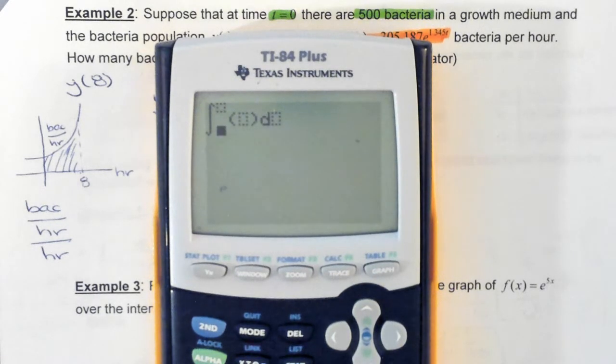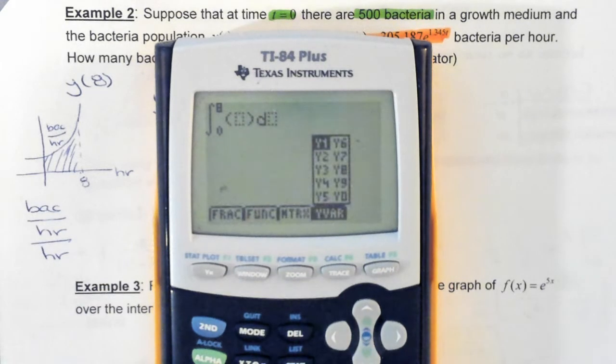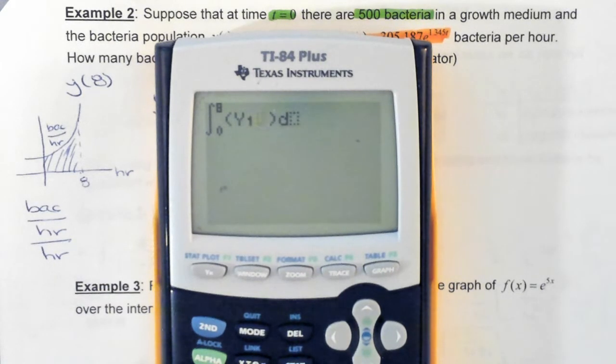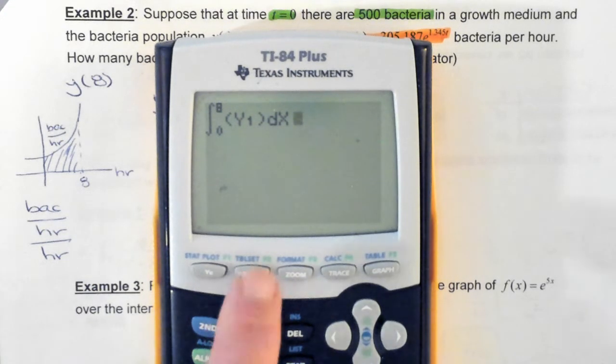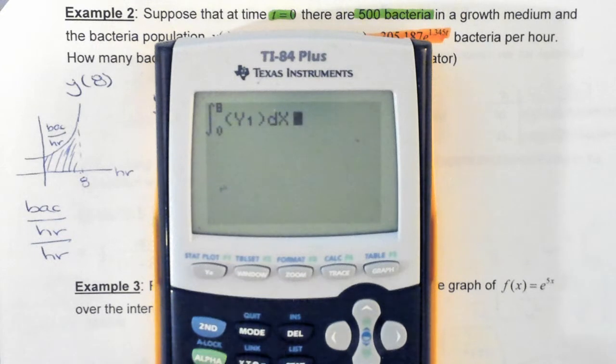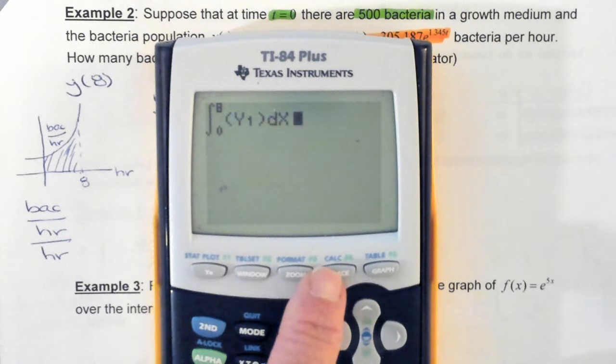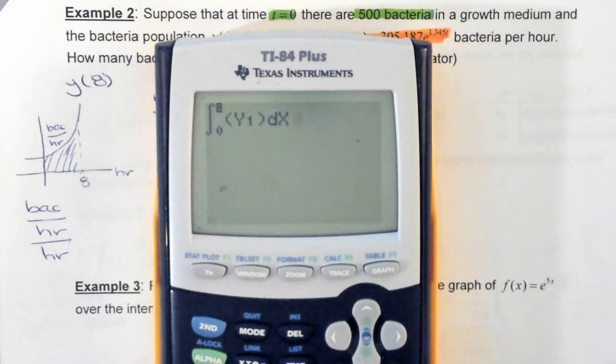We are finding the area under the curve from time 0 to time 8. My function is in y sub 1, and we are integrating with respect to x. So alpha window gives you the integral. Alpha trace gives you your y sub. Everybody good? Okay, so when I press enter,